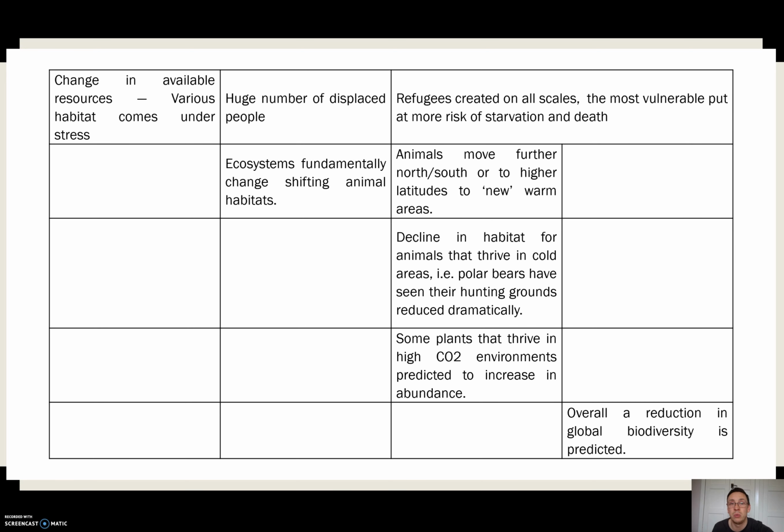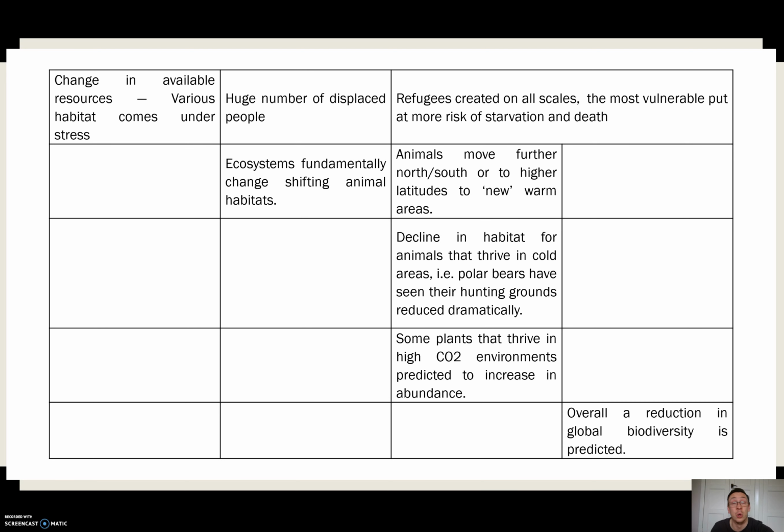Now, the other side of it, when we talk about environmental change and habitats, obviously we could be talking on an environmental kind of slant. We're going to see ecosystems change fundamentally. As temperature and precipitation patterns change, it is going to change how the environment operates. So we're going to see animals migrate to areas which suit their particular skill sets, their particular adaptations to their environment. And that might include animals moving south in the northern hemisphere or north in the southern hemisphere to find areas where they've got the right habitat to live.